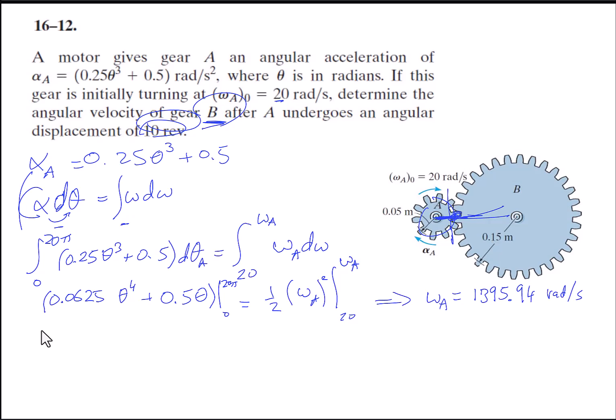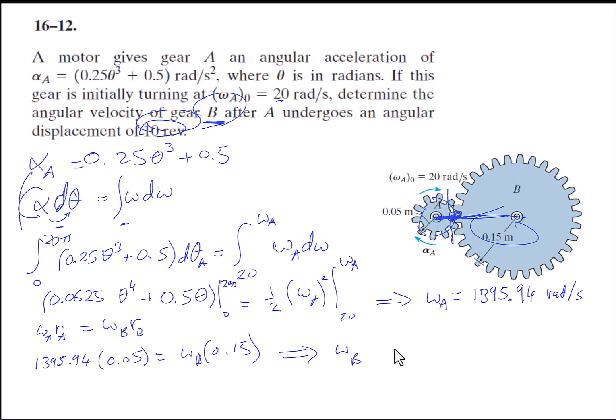So basically, omega A R A is equal to omega B R B. And just substitute this: 1395.94, and the radius is 0.05 for A, and this is equal to omega B, which we want, and the radius is 0.15. And this will give us omega B at that point after 10 revolutions with this acceleration,